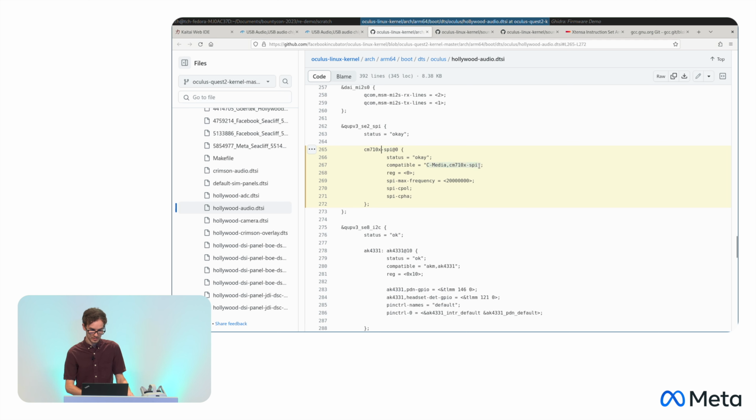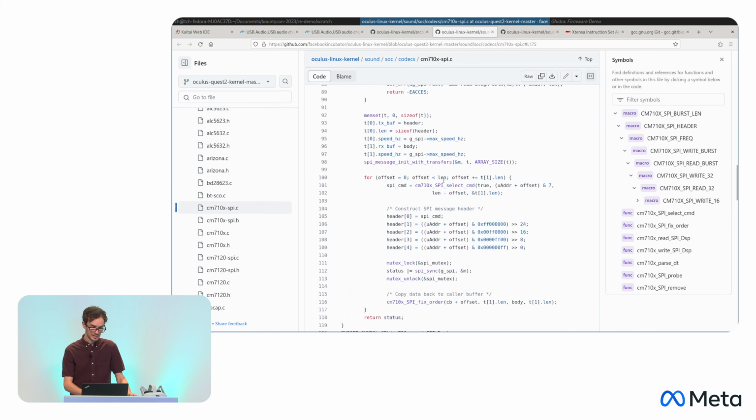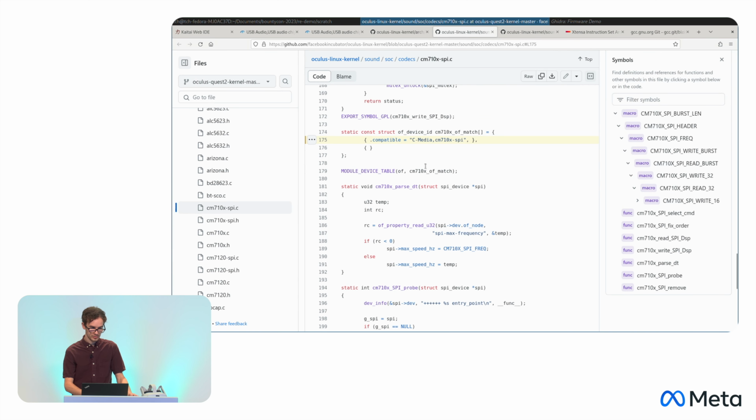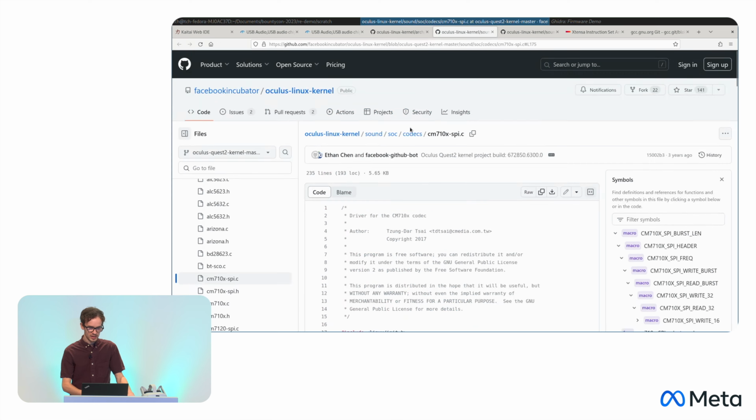The compatible string right here, which we care about, we take that and we can search for it elsewhere in the kernel under the drivers. So then we go here, and I'm shortcutting a bit, I'm not actually searching, but this is where it is. And you can find this file, which has that magic compatible struct with the matching string that tells you this is the driver that handles that device. This file specifically, this SPI one, doesn't have much. The bulk of the driver is in another file here